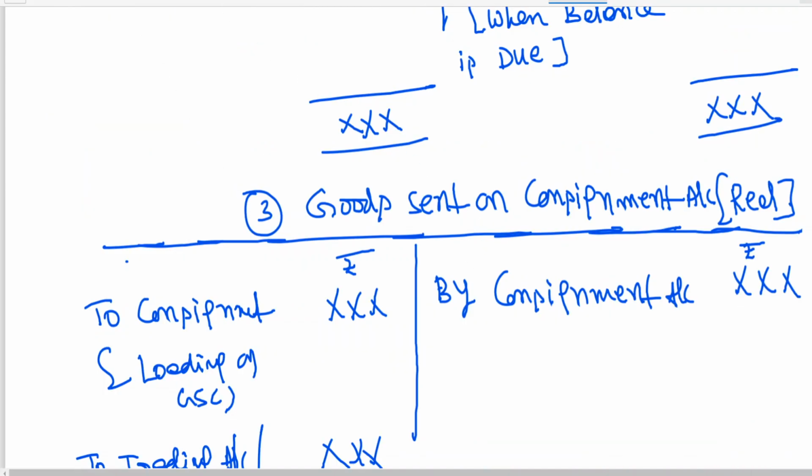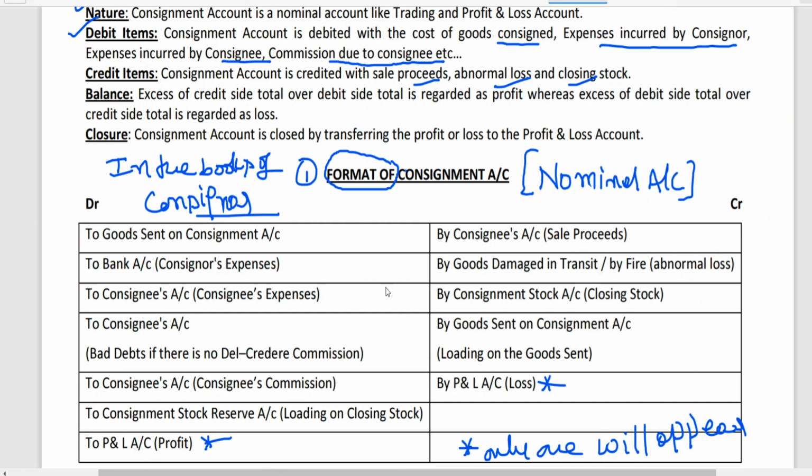Okay, my dear friends. Next class, I told you we will be discussing entries in the books of the consignee, but 99.99% we haven't seen it in problems. We don't have any single problem asking you to go for consignee account. I am not sure about ICI material, but to my knowledge, you don't have any problem based on consignee account. But that also we will learn in the next class.